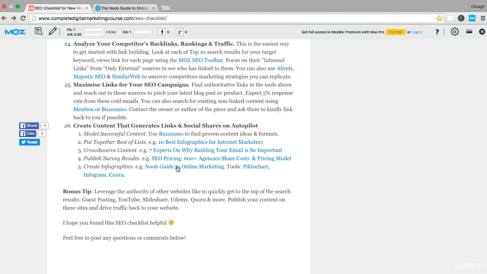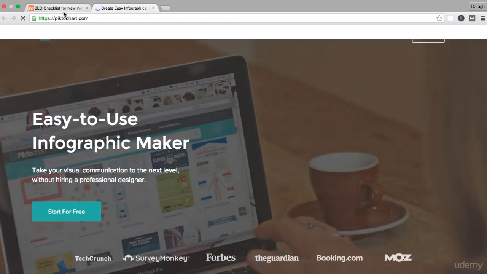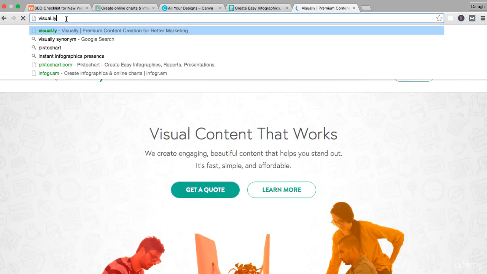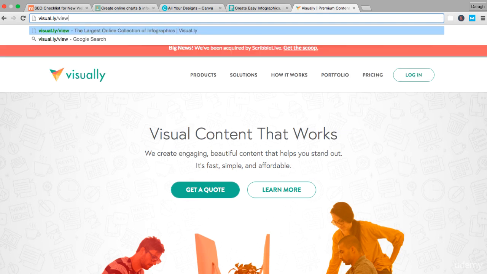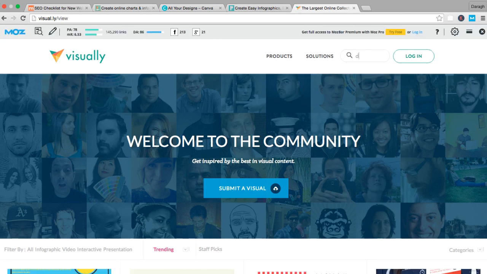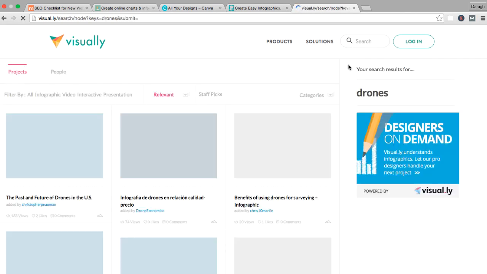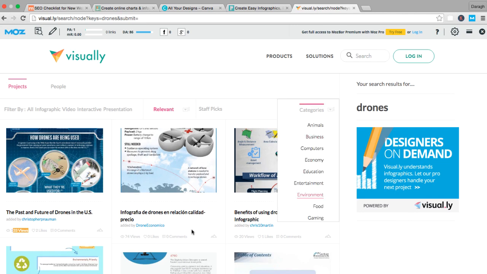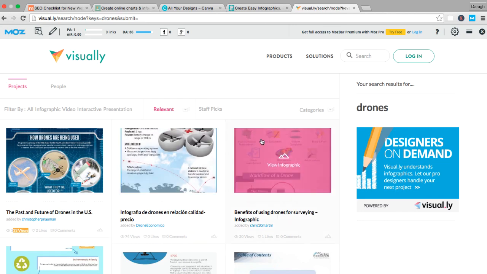And there are tools that you can use to generate these. Piktochart is one. You can use this for free to create infographics, very simple. You can use Canva, which we've looked at before. You can use Infogram. There's another one here called visual.ly. And you can actually come to view here, and you can search for some infographics. Let's stay with that same example, drones. Let's see if we can see anything here. And you can see, okay, 133 views, not much, but there are some examples of infographics here that are a bit simpler,